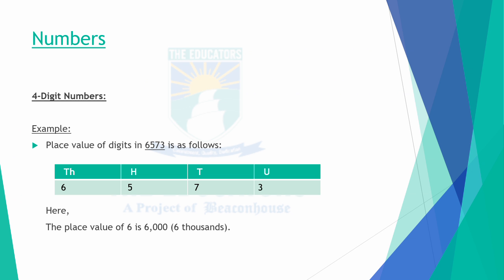Then we have 7. We are going to put this in the second column, which is tens. Then we have 5. We are going to put this in the third column, since this is hundreds. Then we are going to put 6 in the fourth column, since this is the fourth digit. Now we have to find out the value of 6. Since 6 is coming at the 1000 place in the place value chart, we can say that the value of 6 is 6000.